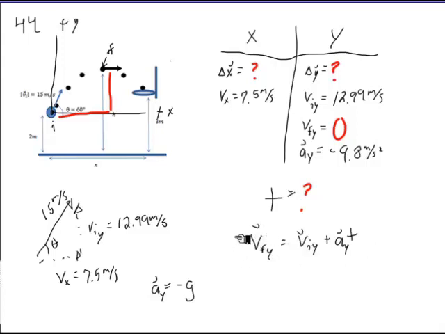Why do you want to use this? Because you know this, you know this, you know this, and you want to know this. So that means we have our one unknown, but everything else is known. If we had gone with any of the other two equations, you'd basically be stuck needing to know delta y, which we don't have. So now we can just rearrange. Vf is 0, so rearranging, this is just going to be negative Viy divided by ay equals t. So 12.99 divided by negative 9.8. The negatives cancel out, and you get a time of